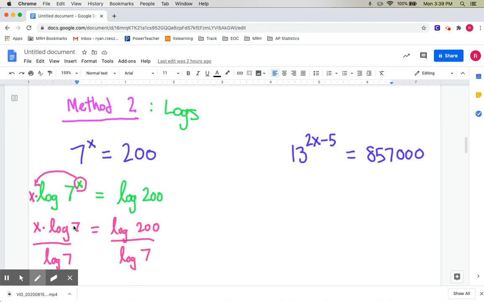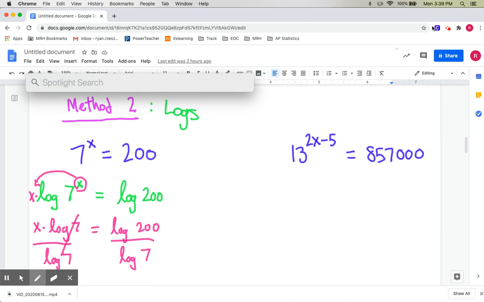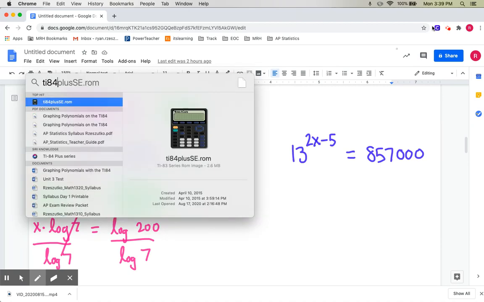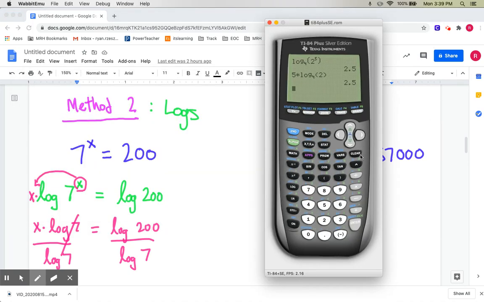When I do that, these will cancel. Now, I don't have a property for dividing logs. We learned that in the last lesson. There's no clean way to do that, but I can type it in my calculator, and the calculator can give me an answer. So what I would do is I would just type in the calculator log of 200 divided